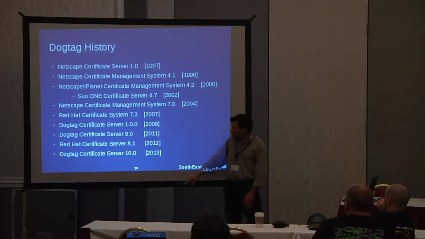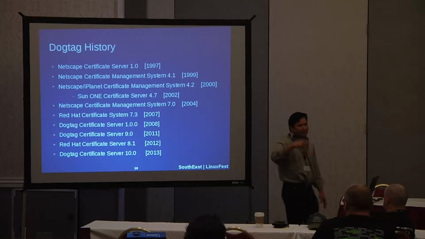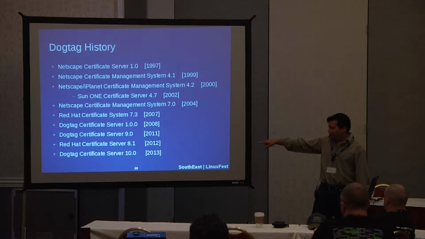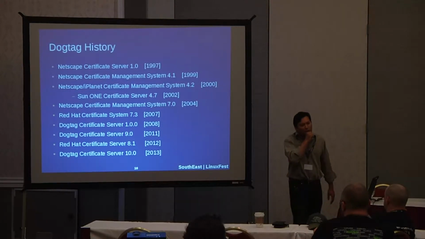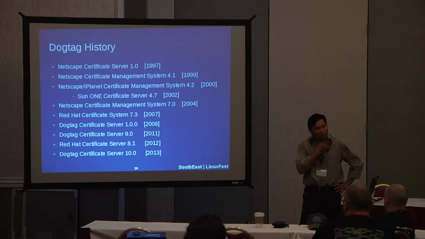Okay, so then we have Dogtag Certificate Server 10.0, which came out this year, and Red Hat Certificate Server 9 is going to be based on 10.0. So if I go with Dogtag Certificate Server, whatever the latest release is today,